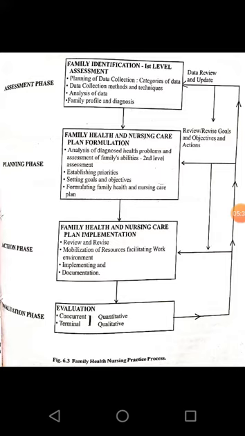Moving further in the action phase, the phases are the same as I have told you, same in the nursing care plan. Family health and nursing care plan implementation. Whatever we have planned, here we will be reviewing and revising it again. Once more we will go through whether the planning is correct or not. Then with whatever facilities or whatever resources we are having at the work environment, in the family what we have, with the local facilities, we will be able to deliver the particular care to the family. And we will be implementing how much we have planned. We will maximum try to implement with the local resources what we have, and finally we'll go for the documentation. Whatever we have done, we'll document.